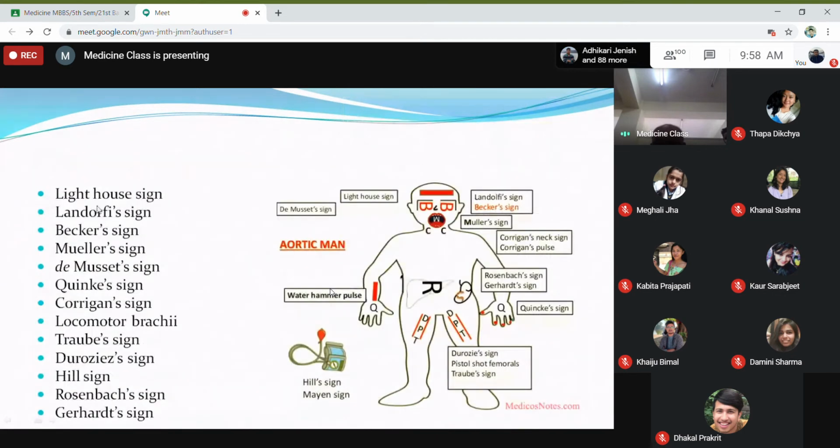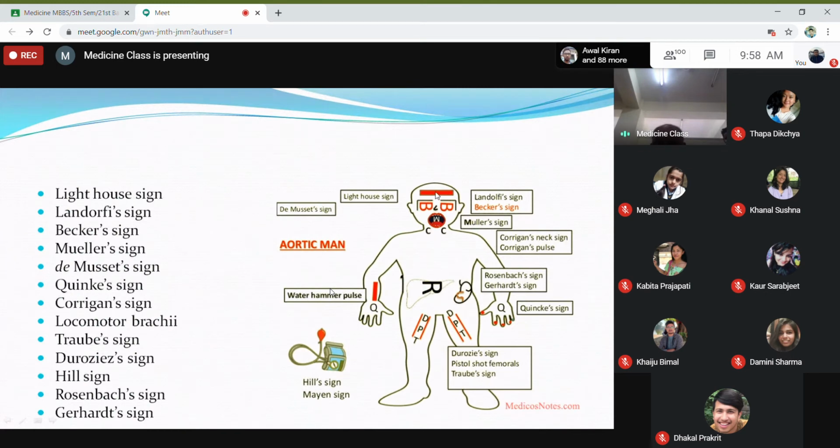If you look at the peripheral signs of aortic regurgitation, there are the lighthouse sign, Landolfi's, Becker's, Muller's, de Musset's, Corrigan's, Traube's, Duroziez's, Hill's, Rosenbach, and Gerhard's signs. Of these, I would say that Hill's sign and Duroziez's sign are very important. And if you go through the lighthouse sign, there will be a blinking of